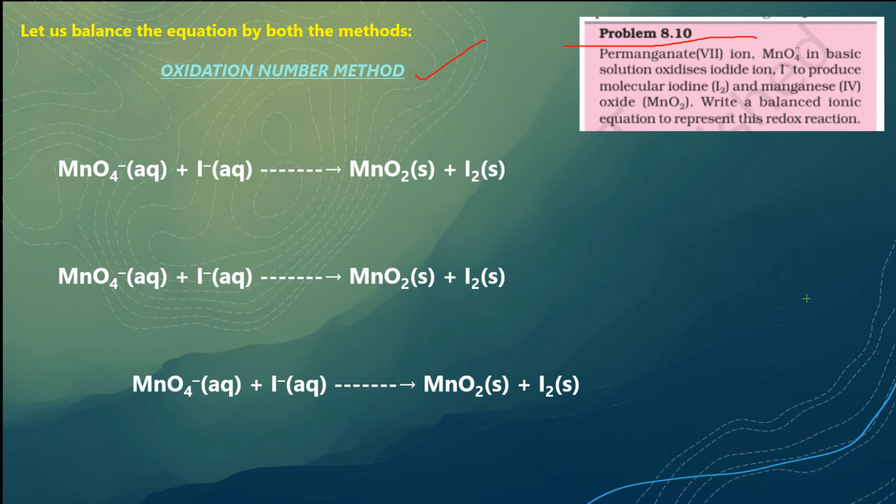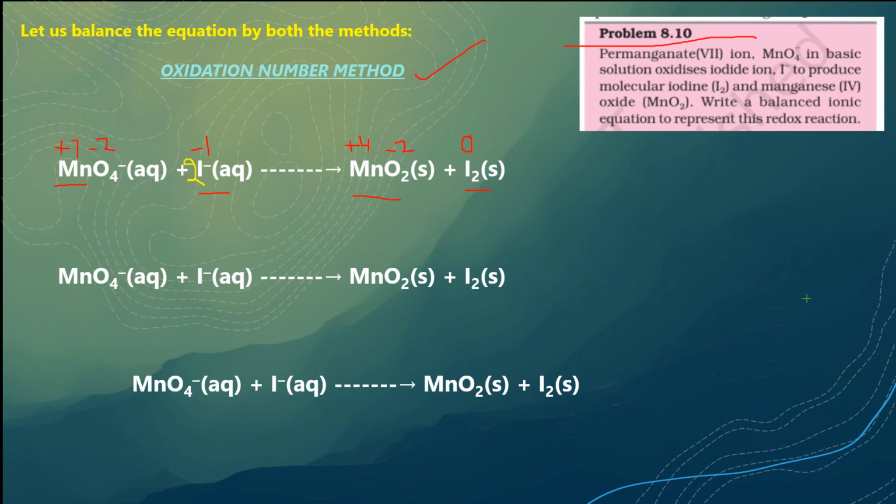So first of all, I will write the oxidation state plus 7, minus 2, minus 1 here. Here if I calculate, it will be plus 4. Here it will be minus 2, and for elements it is 0. Now I will check. Oxidation state is changing for Mn. They are 1 on both the sides. Perfect. For iodine, it is 1 iodine here and 2 I here I can see. So first of all, what will I do? I will simply write 2 here so that both iodines are in same number on both the sides. For oxygens, I am not writing anything as a coefficient because its oxidation state is not changing.